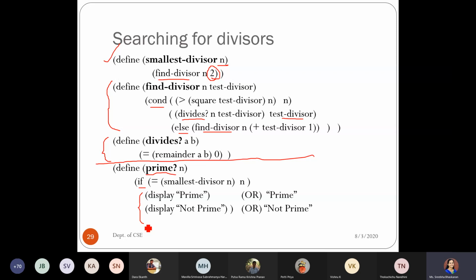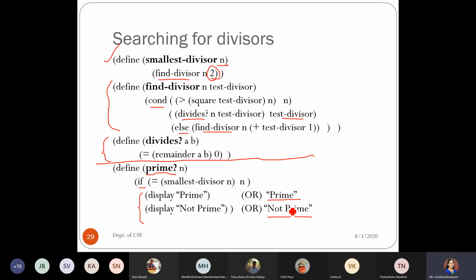You can even write it without the display statement, by using double quotes. When you write it like this, the procedure prime is just returning a string. That is how it is interpreted.